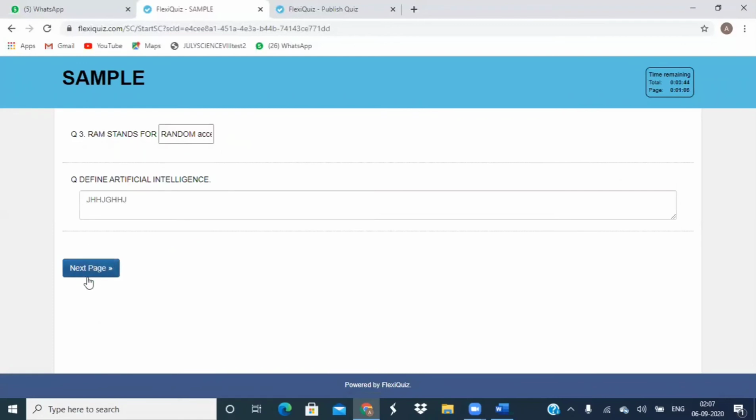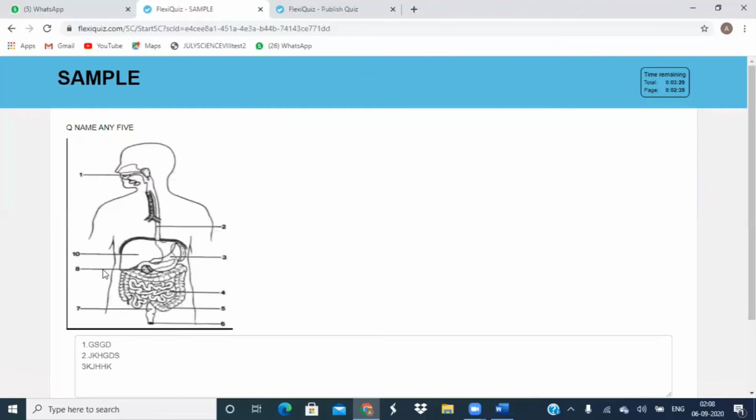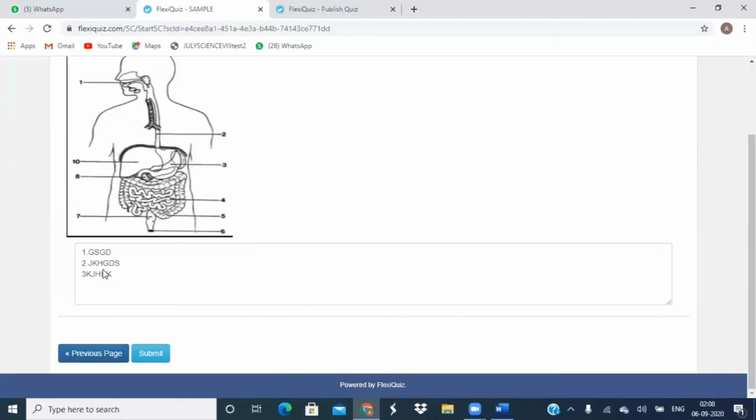Here, we can come to the second page and you can see the previous option is not available to the student because the time is up for page number 1. Okay, you can move to the next page, and if you have the time for the next page, you can move,